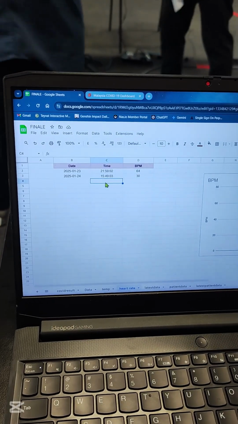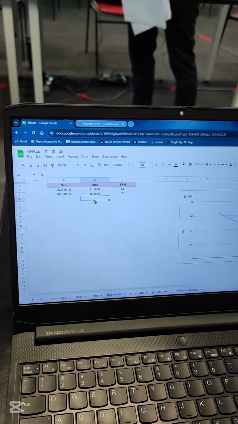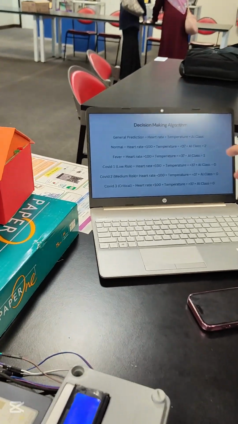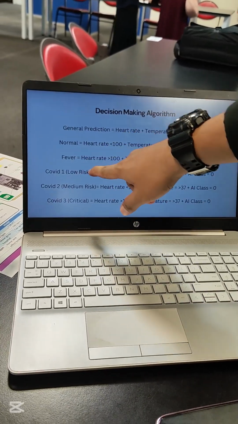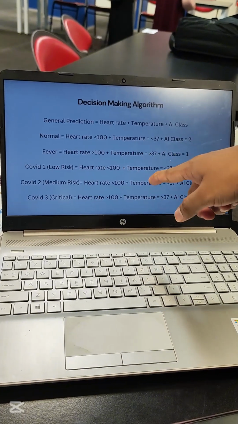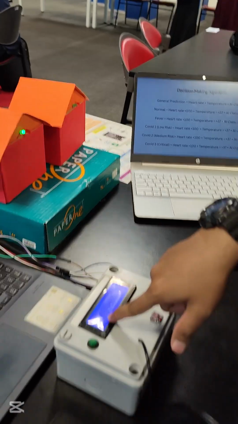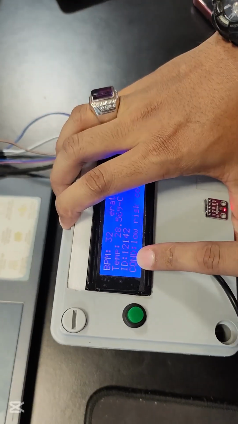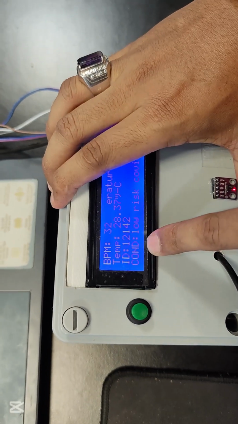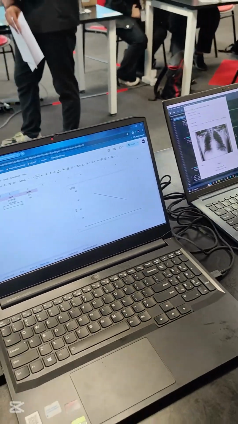When sending the value, it actually makes a decision in the app script. Here we can see the decision making algorithm. We sent just COVID right now, so the temperature is lower than 37 and the heart rate is less than 100. So basically it's a low risk COVID. As we can see here, the data has been transferred to the ESP32, and we can see the ID from earlier and the result, patient condition low risk COVID. So I'm going to hand over to Fatin to show the